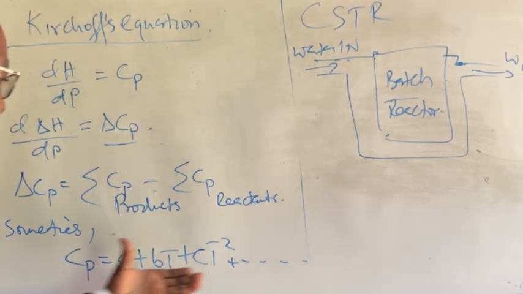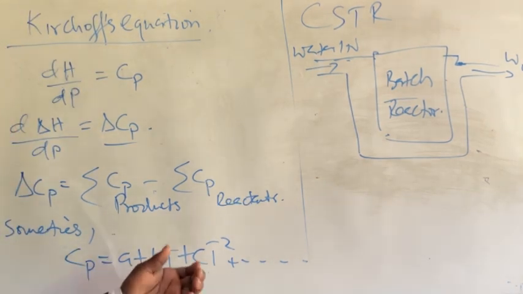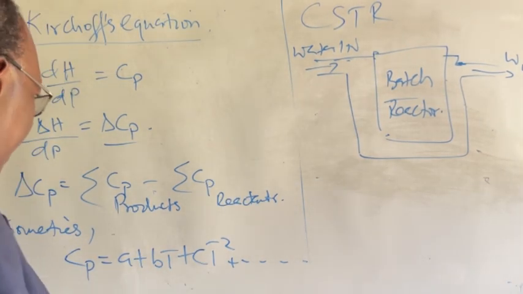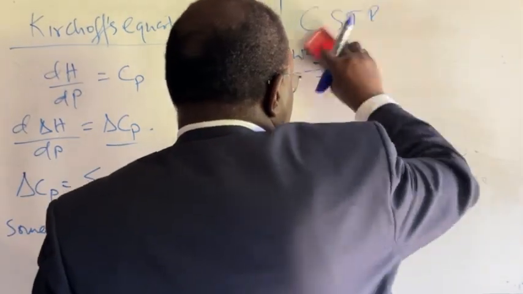So the challenge is just the bookkeeping. You don't confuse where you subtract the A from that of the BTs and so forth. So that's very, very important for us to note. Now,